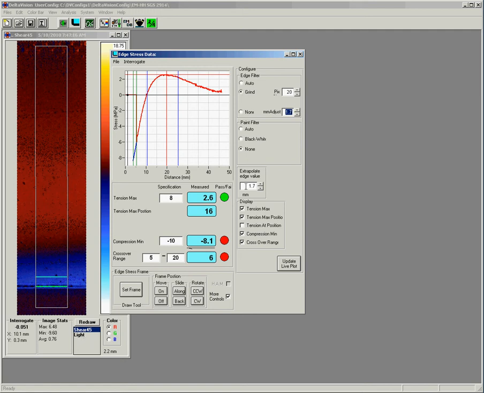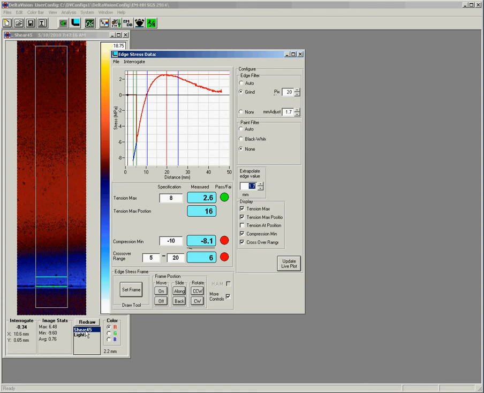Now it's time to adjust the extrapolation to get our measurement to go all the way out to the edge. Extrapolation is this distance here, where we take and complete the compression all the way out to the edge. Now I've changed this to 0. You can see when I do that, the extrapolation goes away. If I put back in the 1.7 to take us back to the original edge, from the extrapolation to the